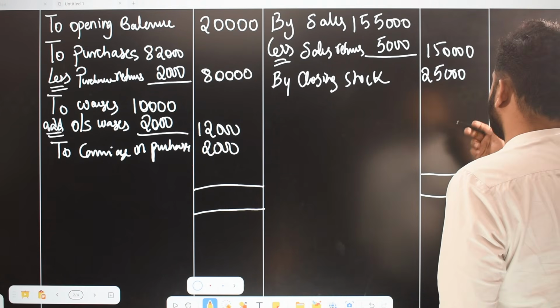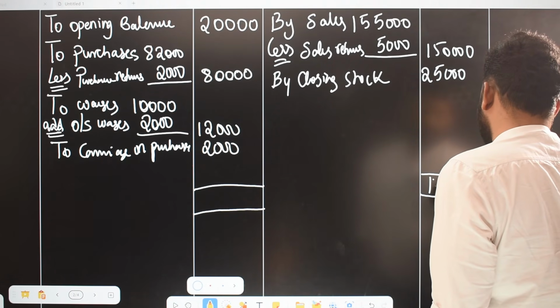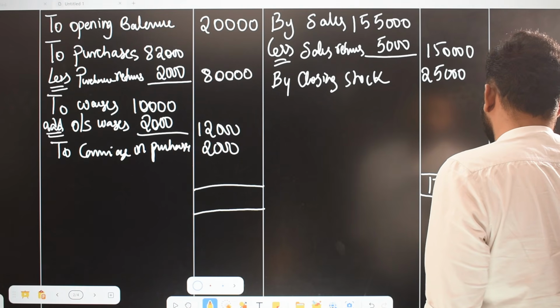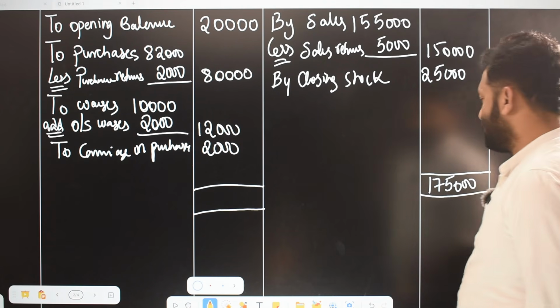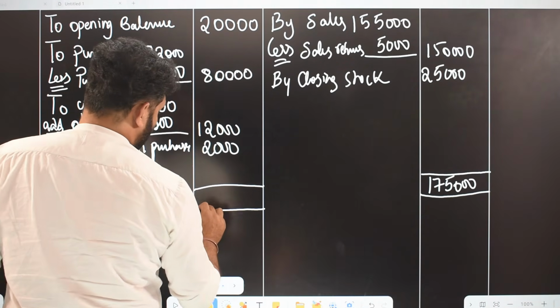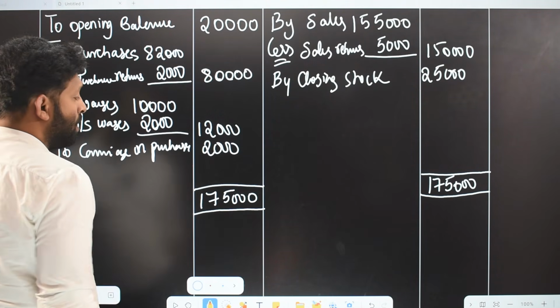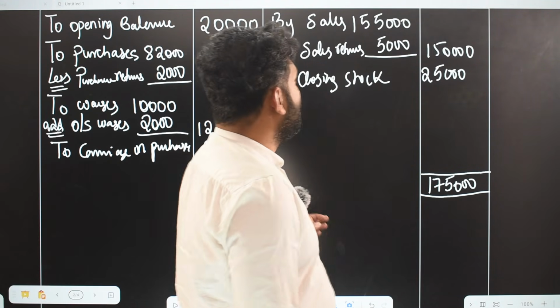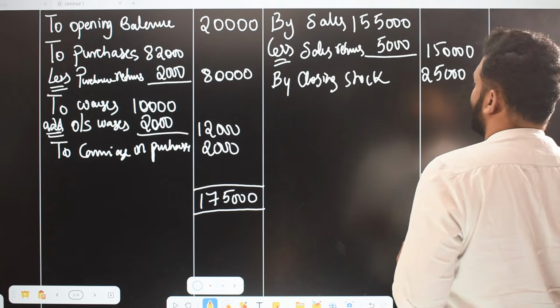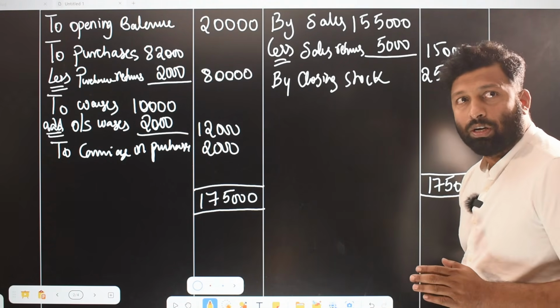1,75,000 is the highest amount ma. Highest amount is always on both sides ma. 1,75,000. Now deduct the total of debit column from the total of credit column, because your credit column is